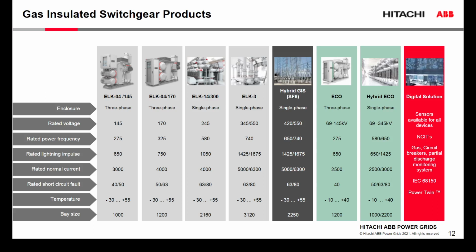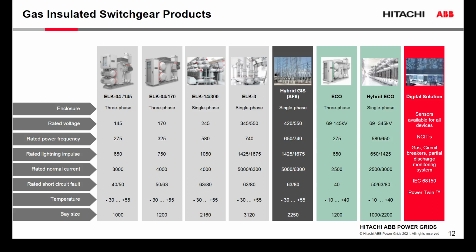If you go to higher voltage levels, we have an ELK14 for 245 kV, where we can go actually to 4000 amp and 63 or 80 kA short circuit rating. Or we can go to the ELK3, a product used for 345 kV over 500 kV with current ratings up to 5000 or 6300 amps and the same high short circuit ratings. We have a hybrid